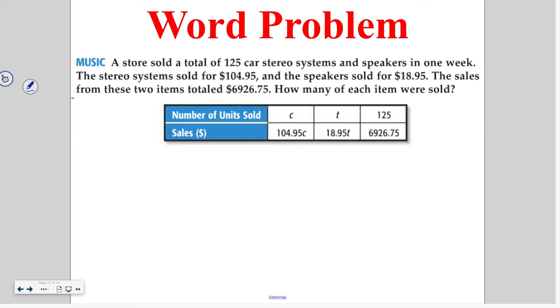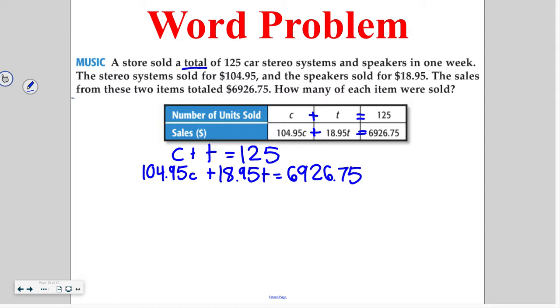So first it says that we've got a total, so that means we are adding up these two to get our third piece. So we've got the units sold plus the units sold is equal to 125. Similar situation with the second one. This is just looking at the prices. So we need to pick one of our variables to get by itself. Since both of our variables can easily be isolated, it doesn't really matter which one you do. I'm going to solve for c by subtracting t from both sides to get c is equal to 125 minus